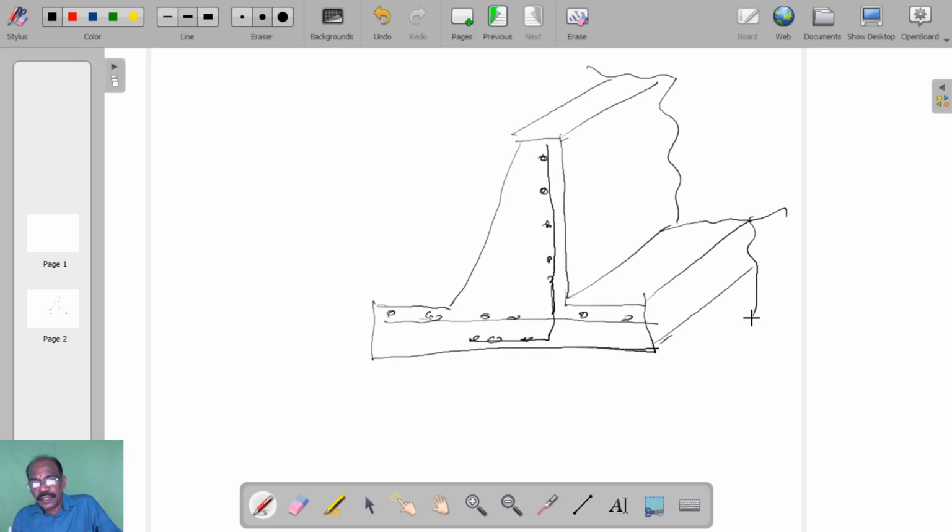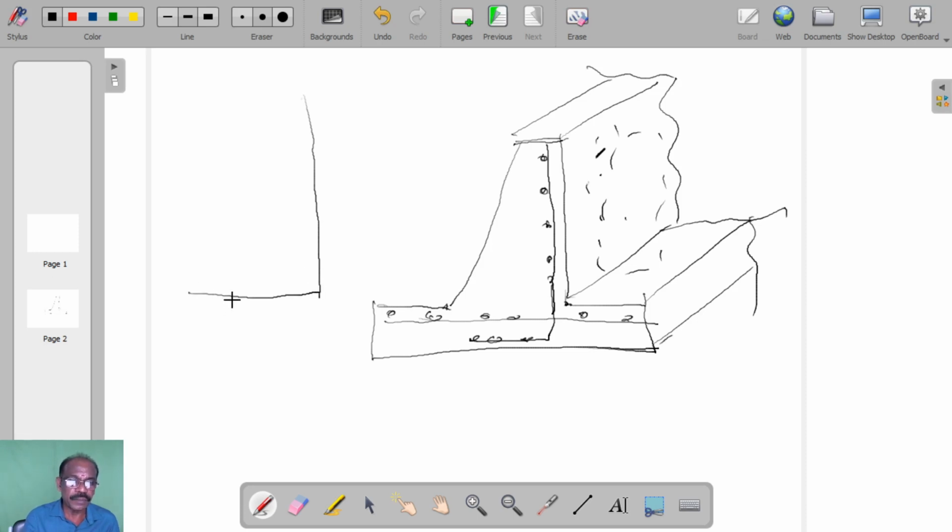So in general, the cantilever retaining wall is made up of reinforced concrete provided with reinforcement to take up the tensile stresses. Here the earth fill is there. And why are we giving various thicknesses at various positions? Here the thickness is somewhat less, and here the thickness is more. Suppose we draw the pressure diagram, it is like this. Here the pressure is maximum, and here the pressure is minimum, equal to 0.